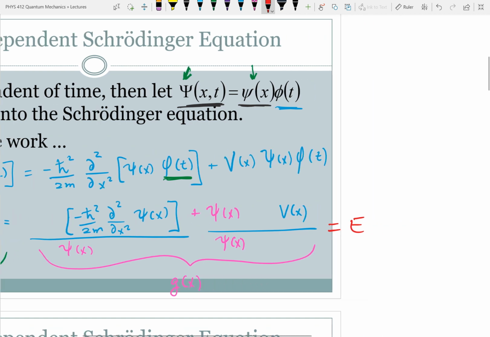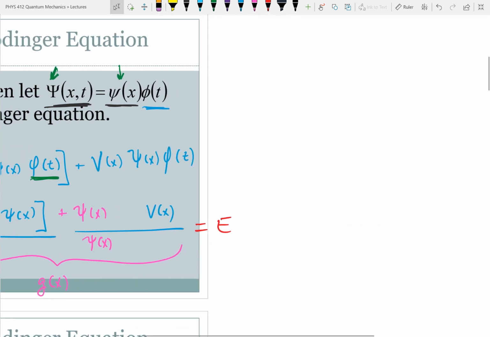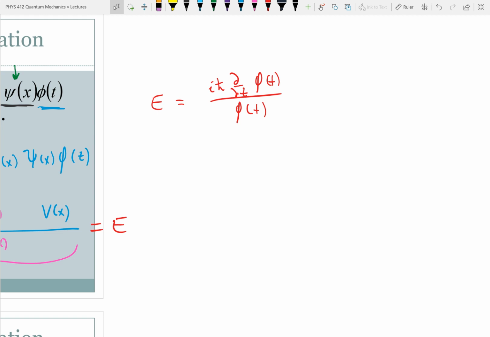And so this gives us two separate Schrodinger equations. One that is E is equal to i h bar d dt phi of t all over phi of t, which of course we usually would rewrite as